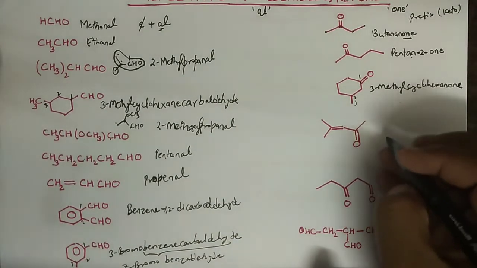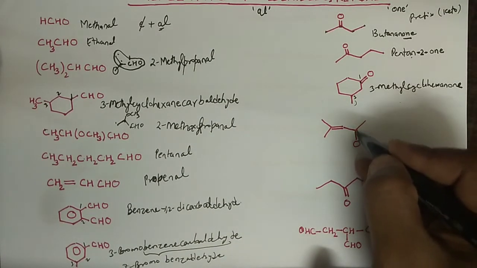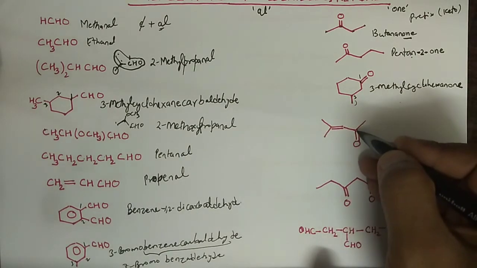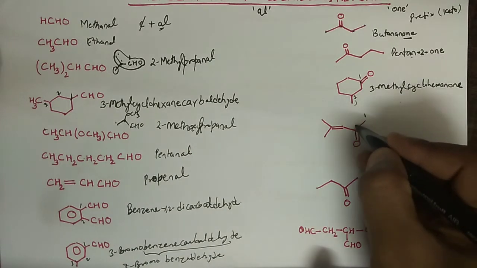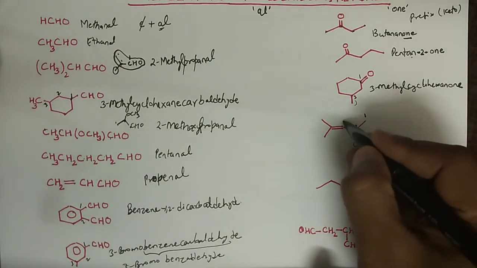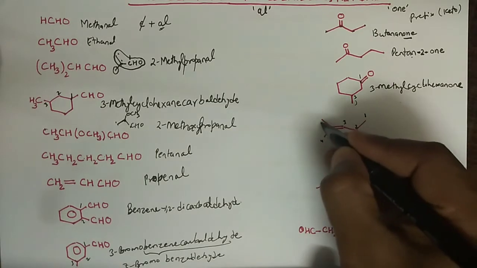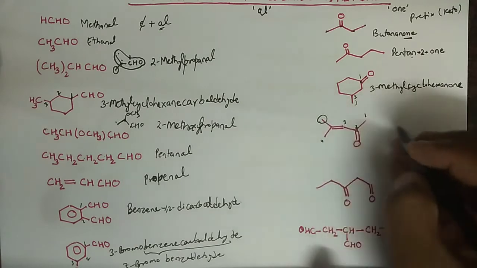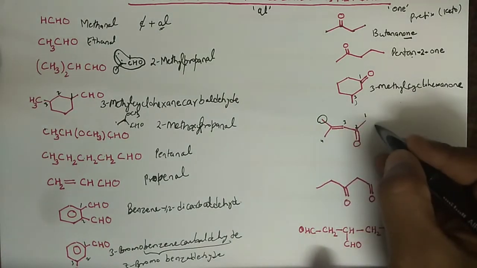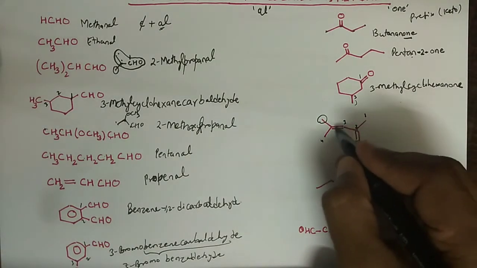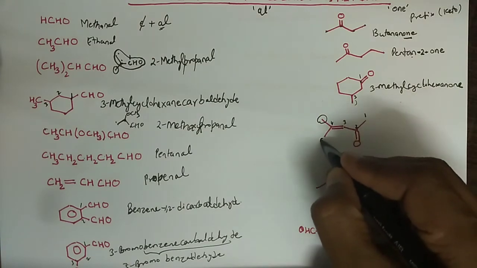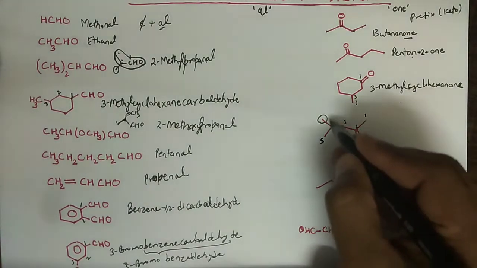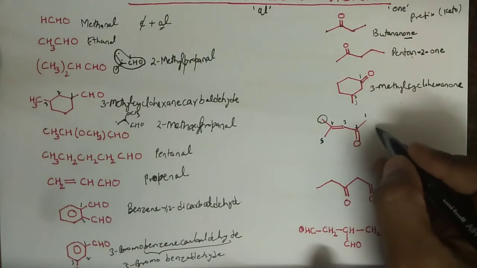Now here we have another compound. This is our functional group, so we should number from that side, from where it gets the earliest possible number. So 1, 2, then 3, 4, and this is unnumbered, so we will write it first. This group is methyl, and this is third, this is fourth, and this is fifth. So this methyl is present on the fourth,